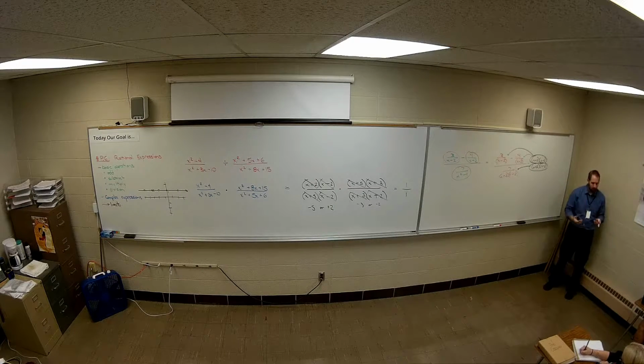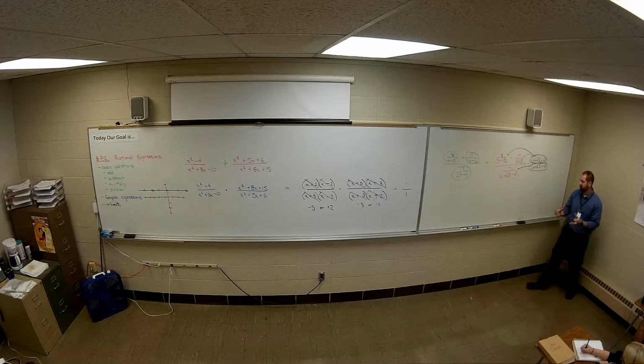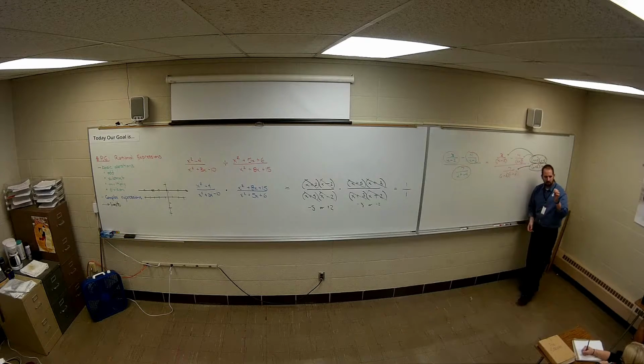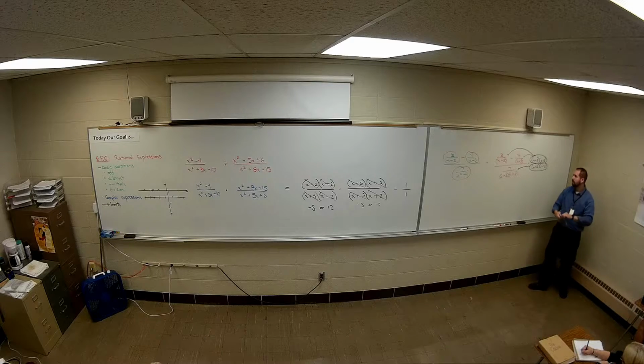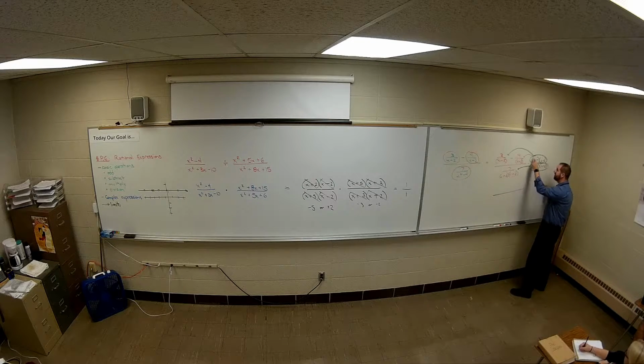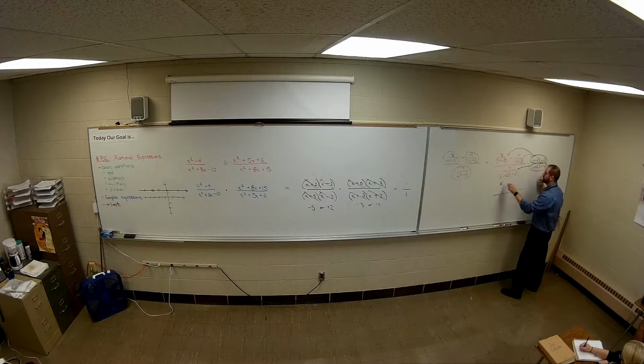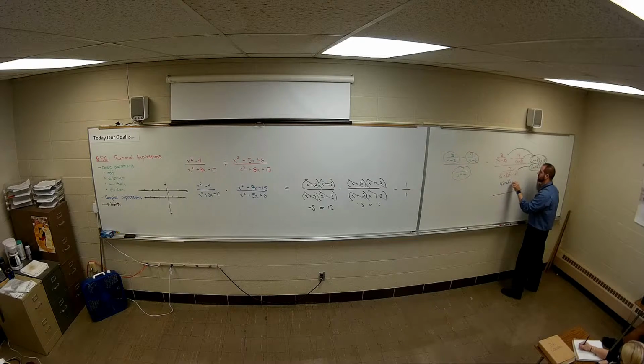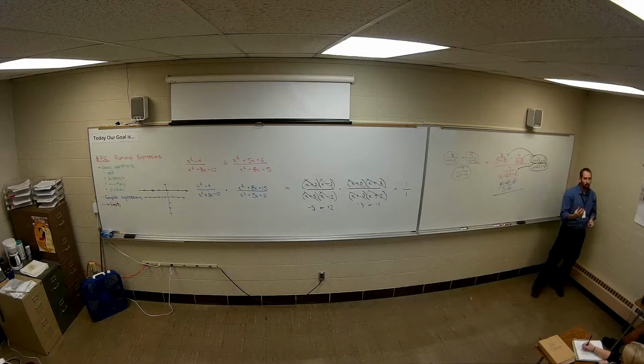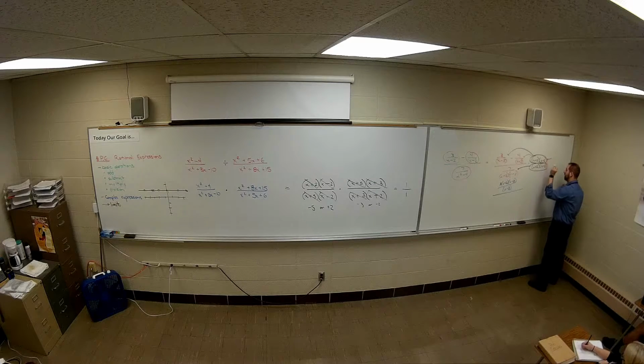That's what I need to warn you of. Most people can do this in their head when they start going, but this is our first real attempt at doing something difficult like this. So I'll try to write it down so I can show you the process I do in my head. When I'm multiplying this whole thing times that fraction, this is how I do it. I take the 3 times the whole mess, x plus 2, x minus 2, and I leave the bottom alone. Now you're probably wondering, why didn't I multiply to the bottom? You don't, because technically, this thing right here is x plus 2, x minus 2 over the number 1.